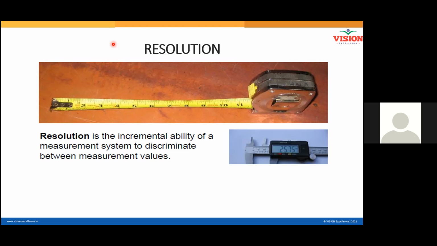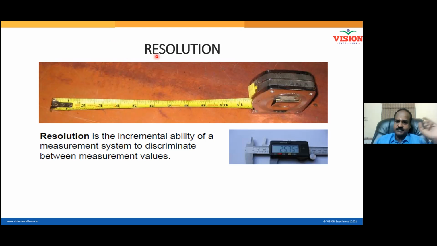Sir, we can say it as a centisecond. Yeah, 100 centiseconds will make 1 second. Or your language is also fine. 0.01 second is the least count. Hope all of you understand. 0.01 second is the resolution as far as the stopwatch is concerned. Am I correct? Yes. So no confusion.